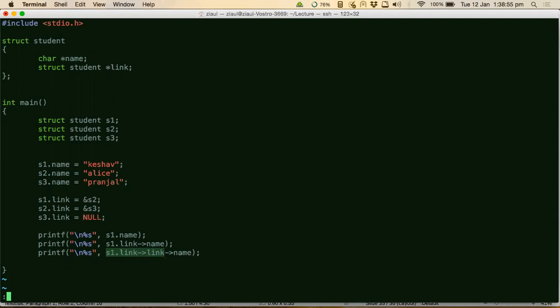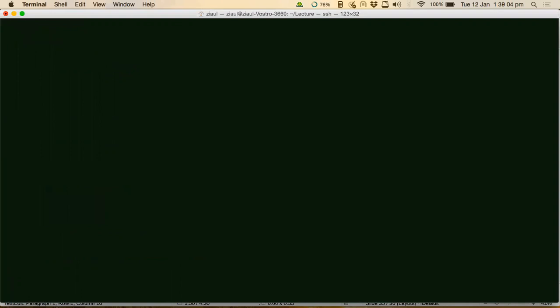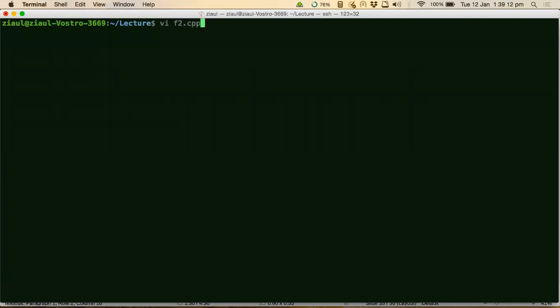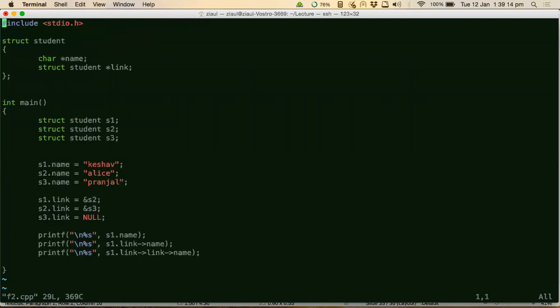And that's why, when I access the variable name using the arrow operator, I get to the final name. See, I get all the 3 names. So I did not use S2 or S3 at all. I just used S1 and got hold of all the names.